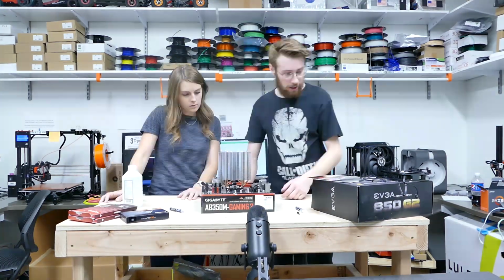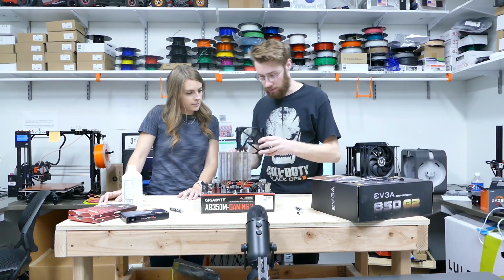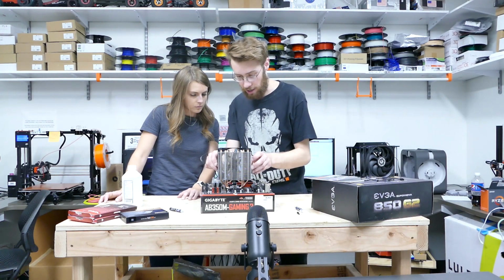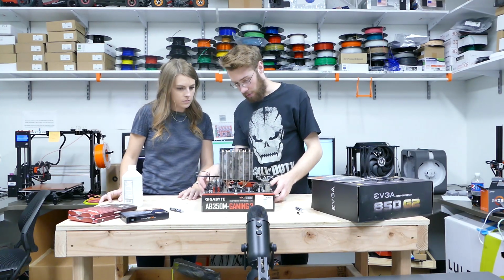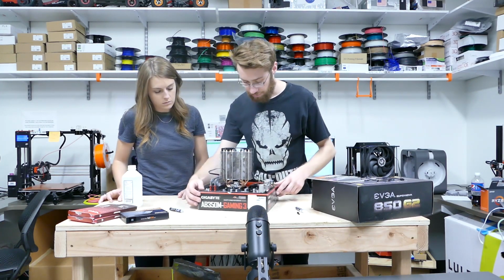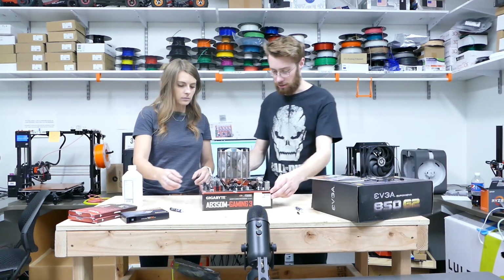That's it. So now we need the fan. And I think in our case, we want to be blowing the hot air up and out. So we're going to put this guy right there. And then this needs to be plugged in. So we turn our motherboard around. That's the CPU